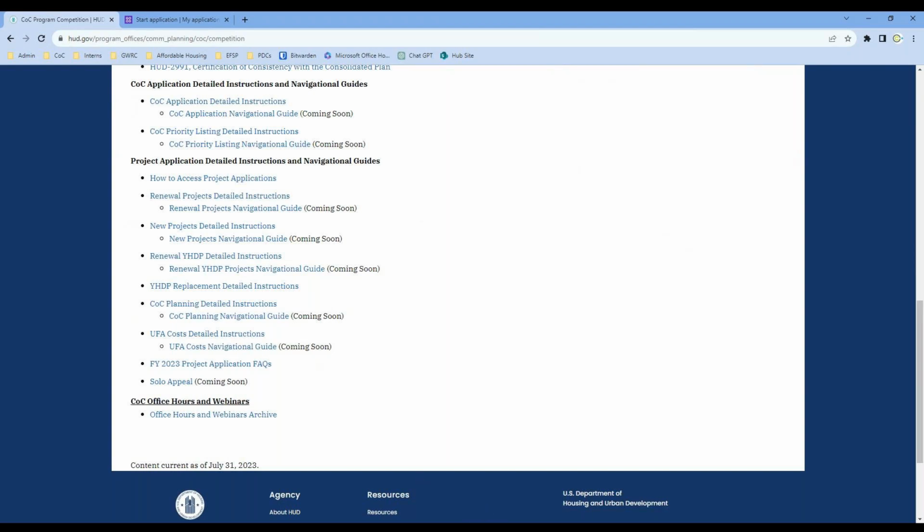All right, so before we close out for what I have, I'm going to walk through the questions and just show you what we're looking at. Rather than walking through them in Good Grants, I'm actually going to walk through them in a Word document. The Word documents are available on our website. It can be much easier to write your answers in a Word document than copy and paste them over into Good Grants or into the HUD system.